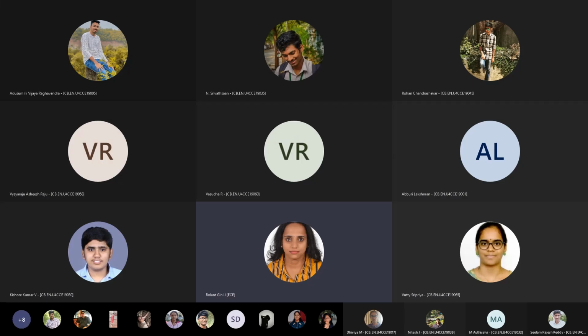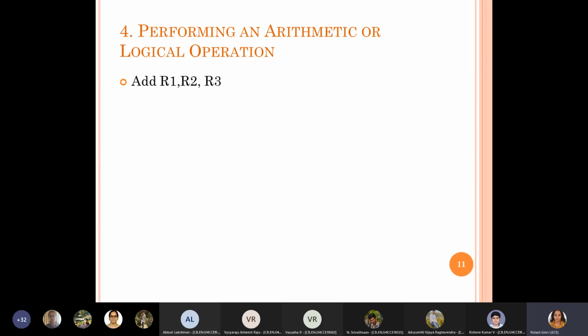Okay, so till the last session we discussed the basic requirements for a data flow unit, and what control signals are required, and for what operations control signals may be needed, right?